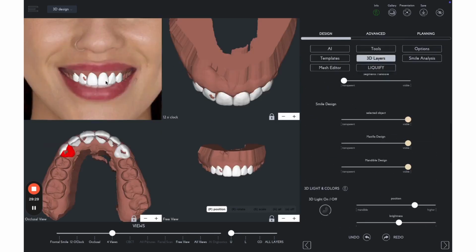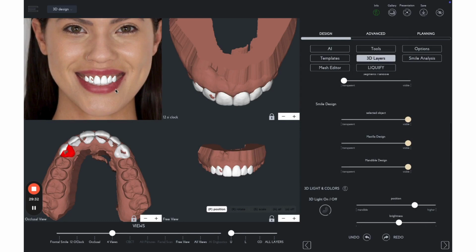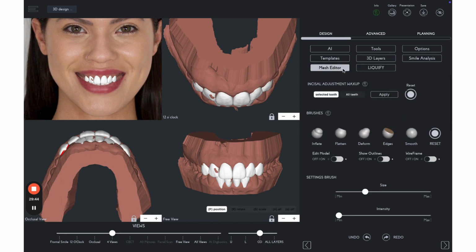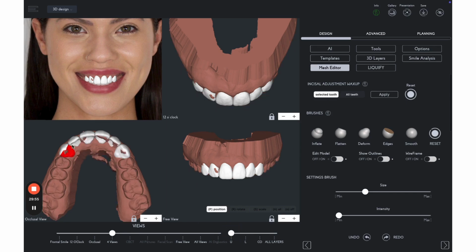Okay, and at this point, if the position of the teeth along with the proportions and the templates that you selected are good, the last step that you need here is to use the mesh editor tool. And for mesh editor specifically, we have the incisal adjustment wax-up. This is part of the latest update. And what you can do is, especially for a mock-up design, you can delete all the palatinal area that you